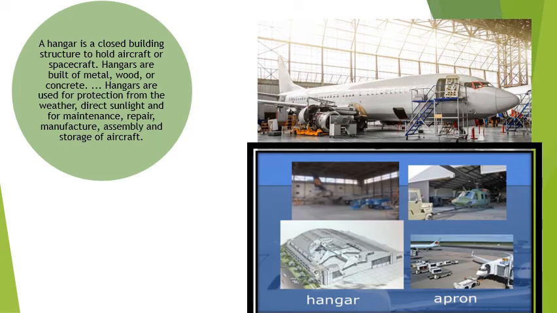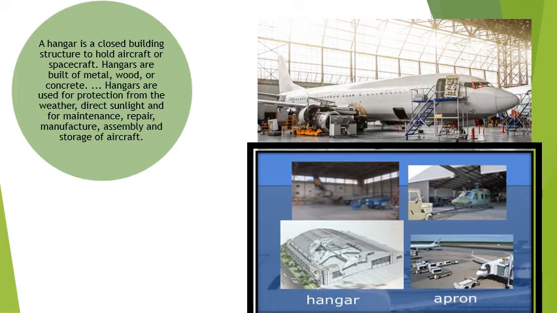So it is a hangar. It is a closed building structure. It is built either in metal or wood, or else with concrete flooring. So the hangar is used for protection from the weather. The aircraft need to be protected, so it is protected from rain and direct sunlight. Repair, manufacture and assembly, and storage of aircraft. So repair is done here, storing of the material is done here, and assembly is also done in the hangar. So these are some of the hangars you can see in the picture,